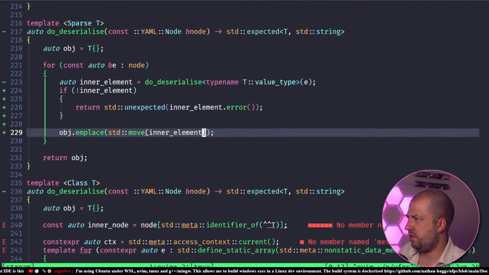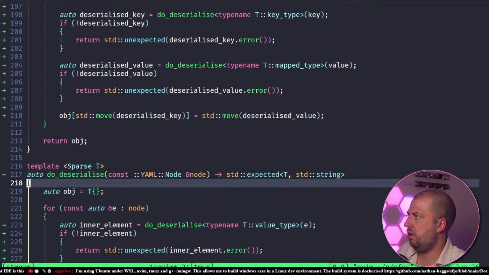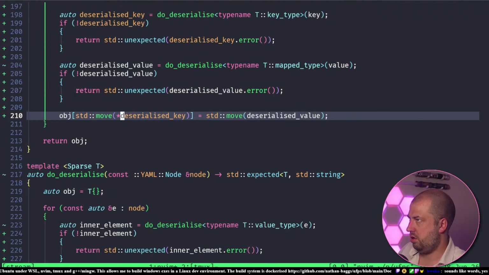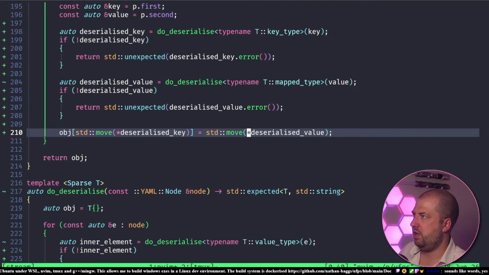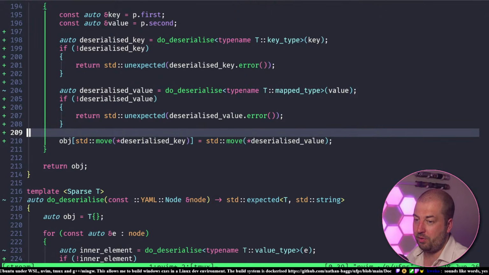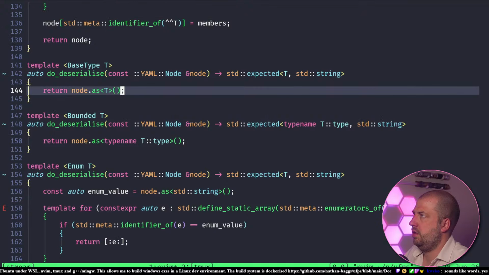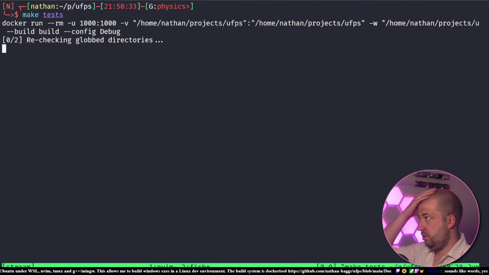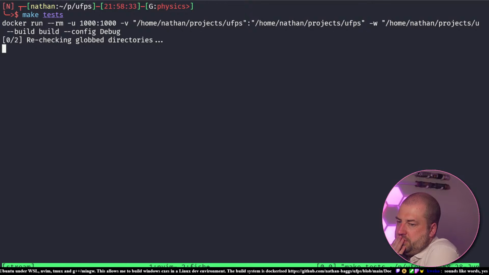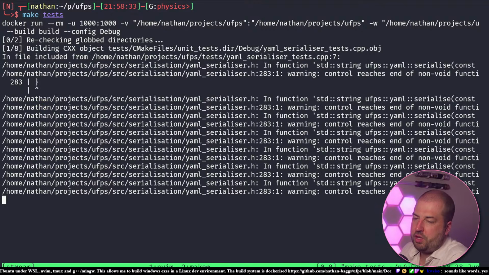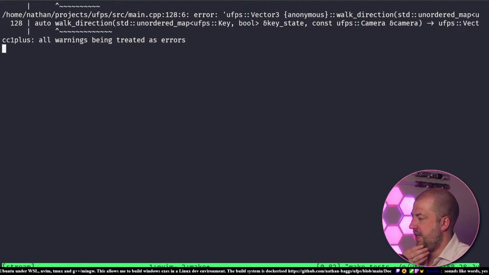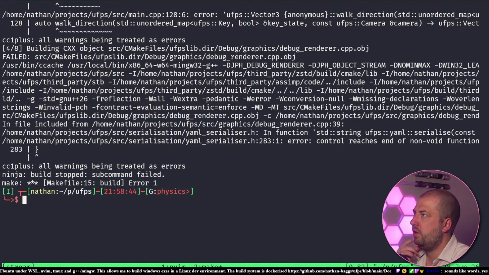So all these now need to be star, right? Because I'd be absolutely furious if moving away from exceptions makes the code less performant. I'd get that on a t-shirt if that was the case, but that'd be wild. Okay, let's try that. I thought you said sounds like it works, but you said sounds like words. Okay, we're getting there. Smaller errors. YAML serialize reaches the end of a